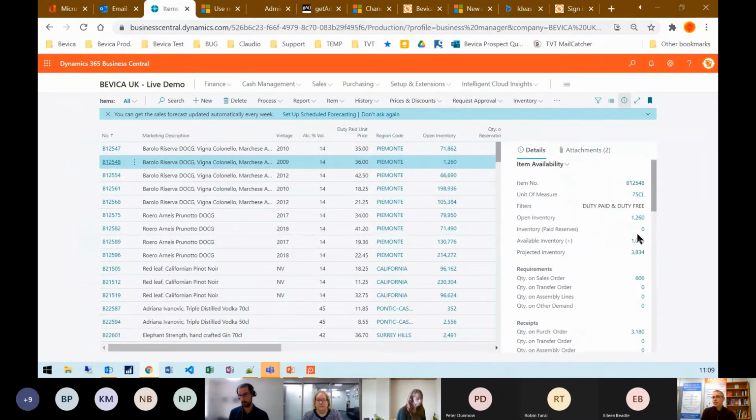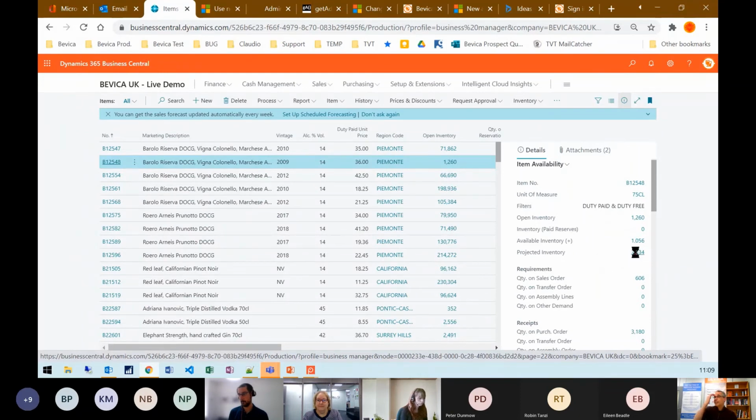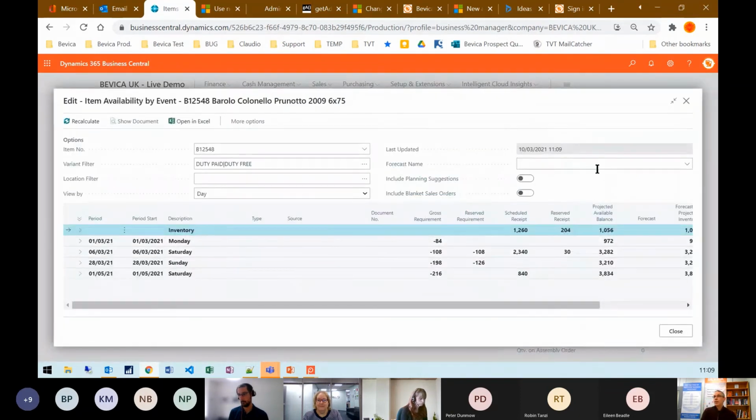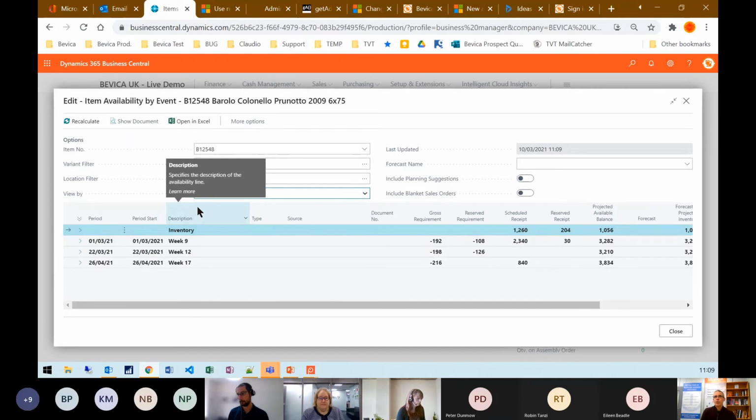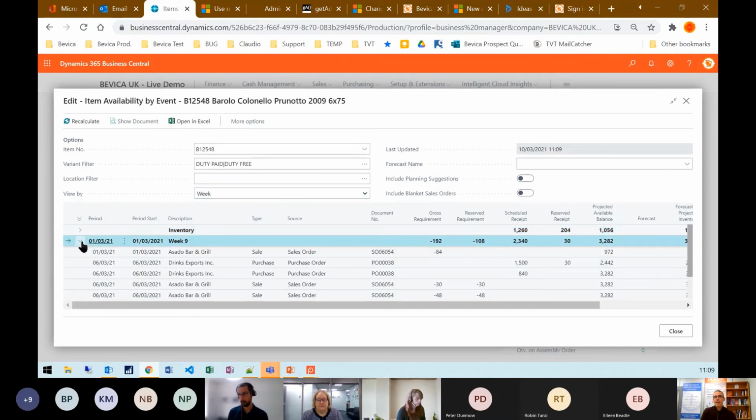So some of the things that help us with that is if I click on here, projected availability, you can see that this is the way that the system thinks about stock. So it's all date related. And in this case, we're looking at both duty-free and duty-paid stock. So if I change that to weeks, you'll see if I expand here on the sales orders and the purchase orders,